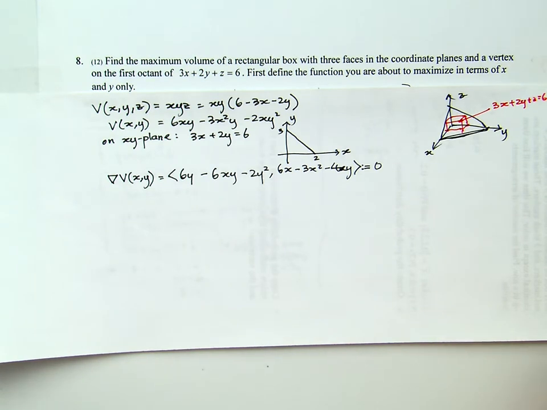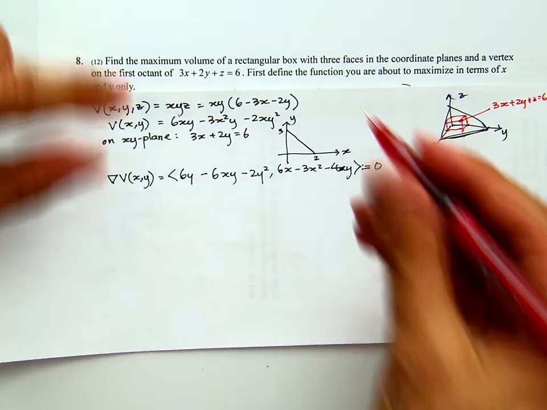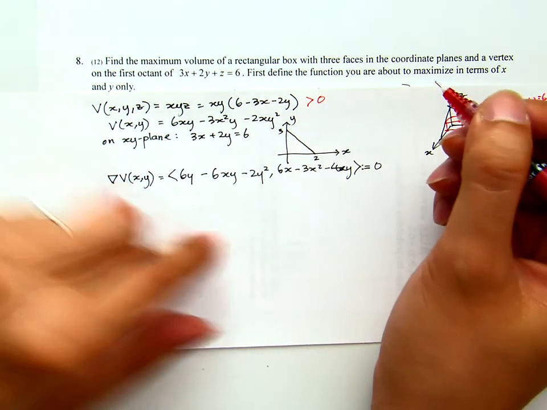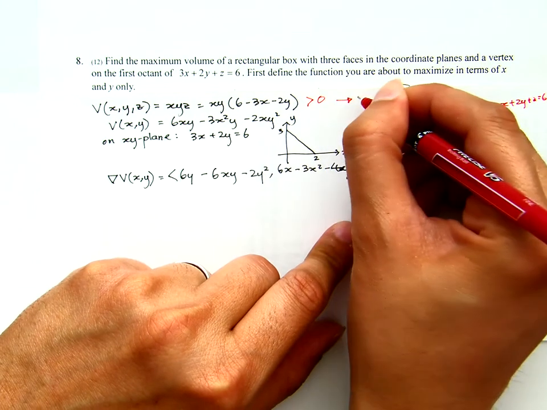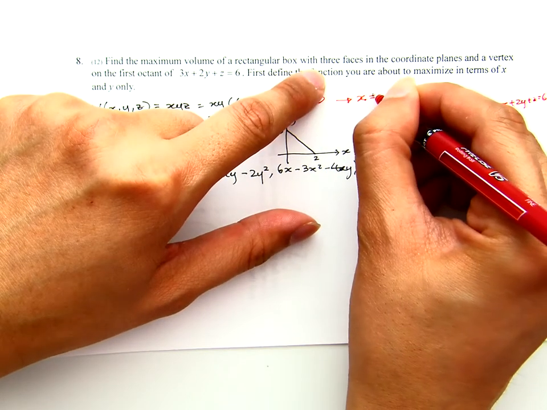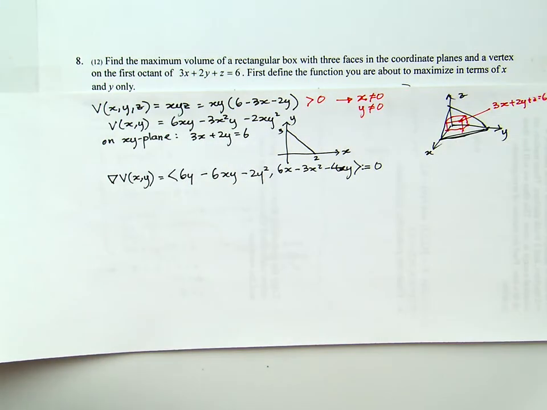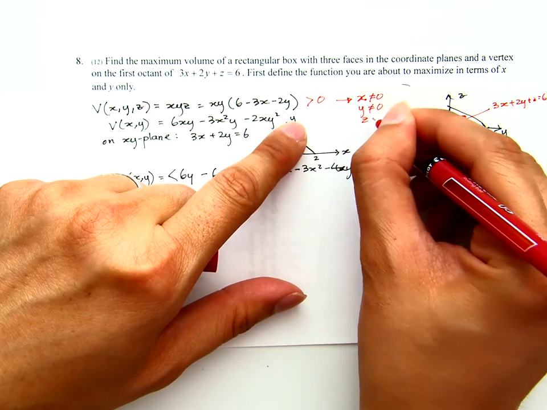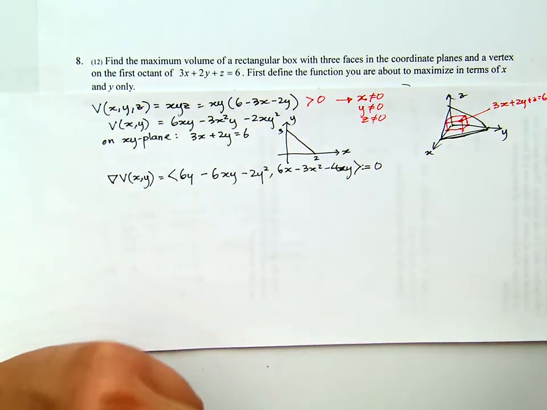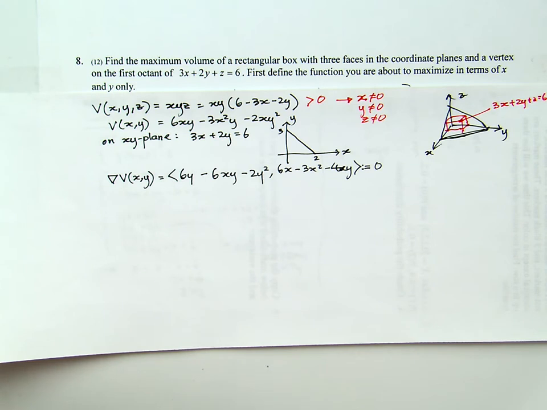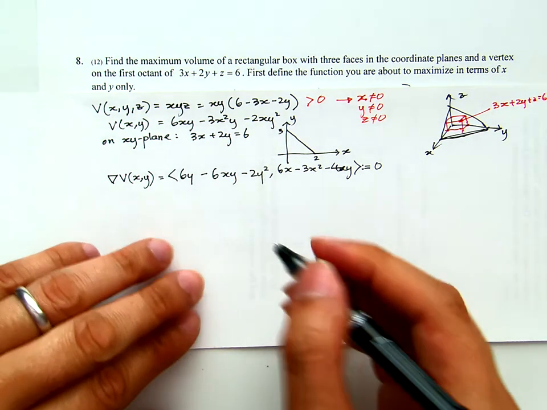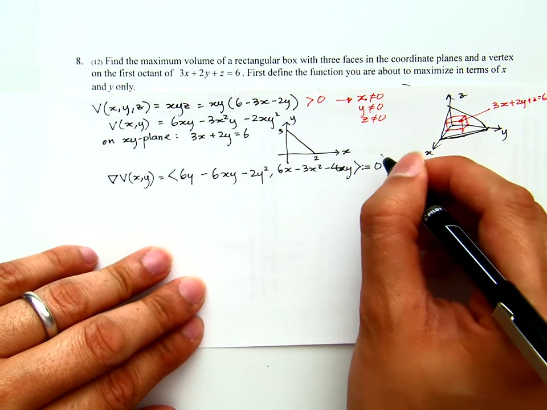Now notice that the volume of the box will be maximum when it is positive, right? We want this to be positive, but that implies x will not be 0 nor y be 0, which implies later on that z also will not be 0. Actually, we can say more, because it is in the first octant, all three x, y, and z should be strictly positive. Now, once I set this vector equal to the zero vector,